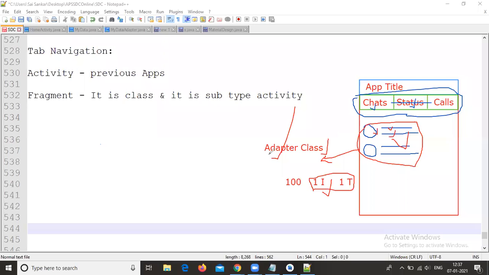That's why the adapter concept is included. This is the reason we need to use adapters. So this is all about the theory part of tab navigation and adapters.